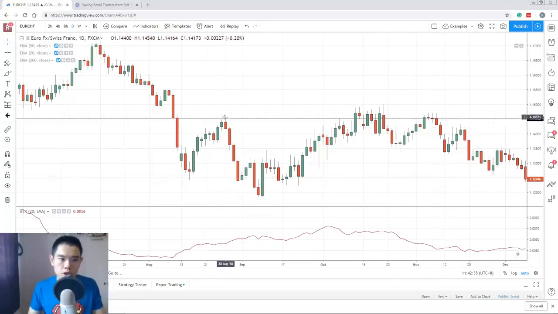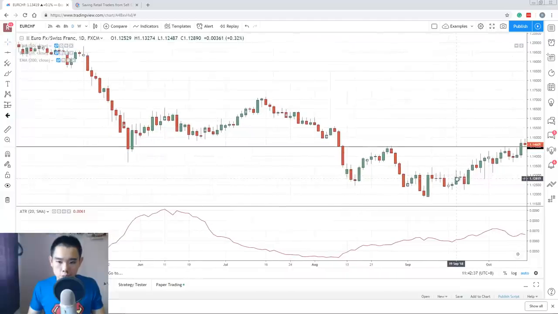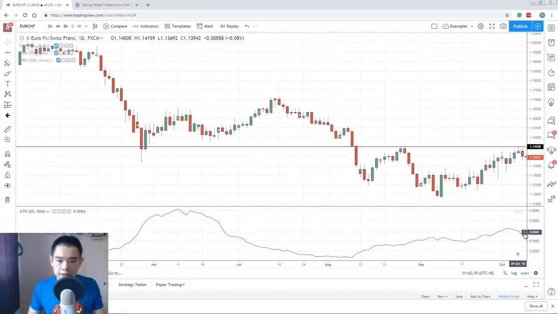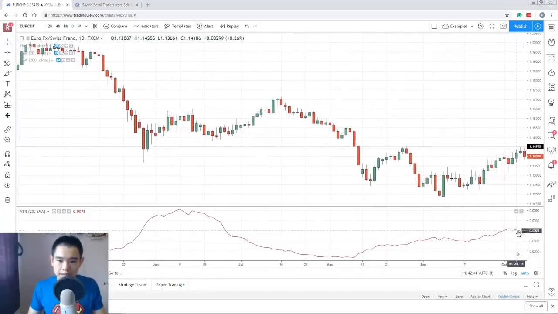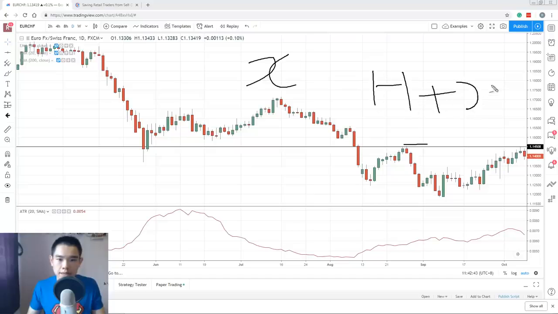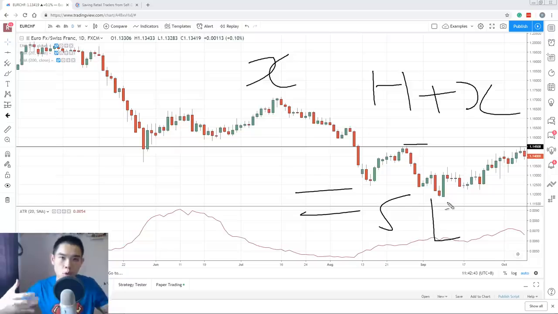So again, don't put your stop loss just above the highs. Use your ATR value in this case again, right? Just calculate what is the current ATR value. Let's say it's X. Find out what the highs are over here. Then just take the highs plus X, and that is your stop loss. So you can give your trade more room to breathe, so you don't get stopped out by all those